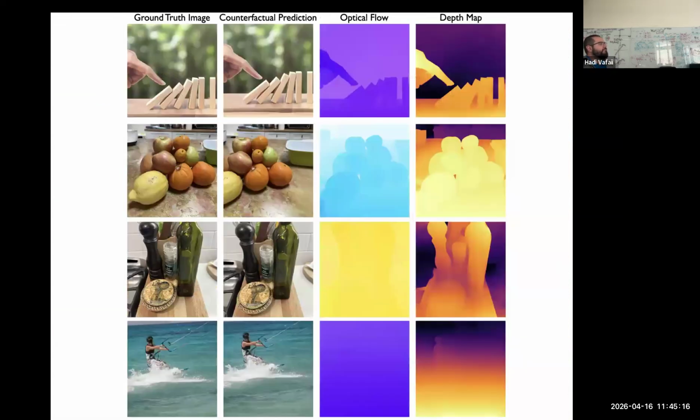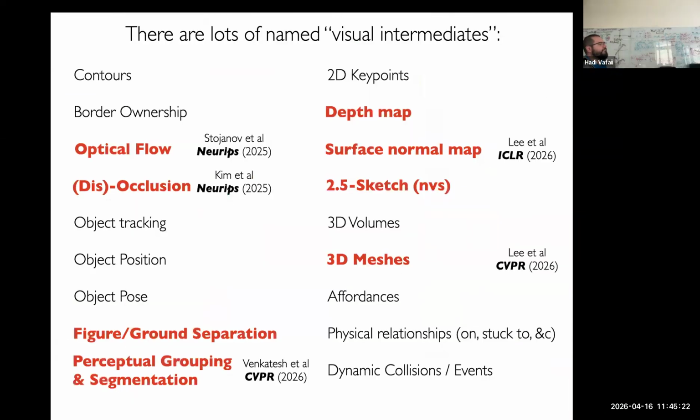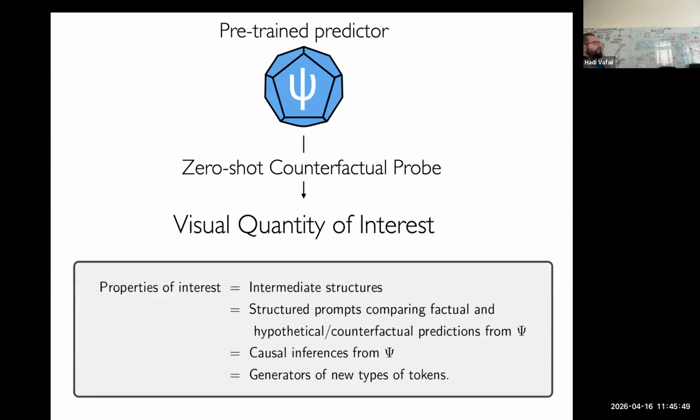And you can do the same thing with lots of other concepts. Here I'm showing you depth, and that leads to good extractions of meshes and things. But the point is that lots of visual intermediate concepts, and we've shown these ones in red with various papers but probably other ones too, can be extracted by doing this approximate causal inference in the learned PGM. There's a formula for approximate causal inference, and the only thing that's different for the different concepts is what the perturbation, the intervention, is. So that's the zero shot counterfactual approach.